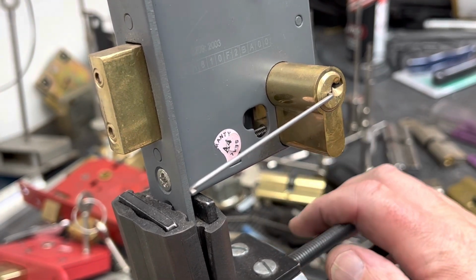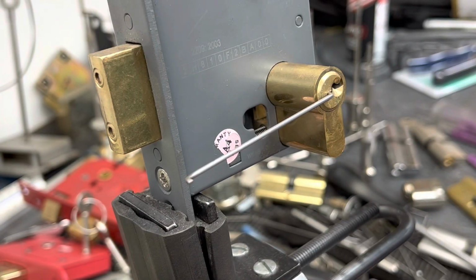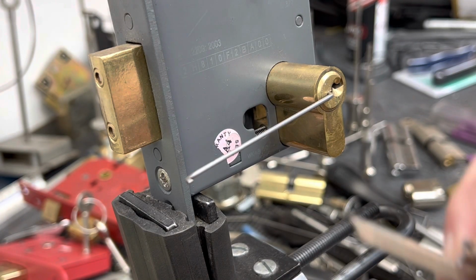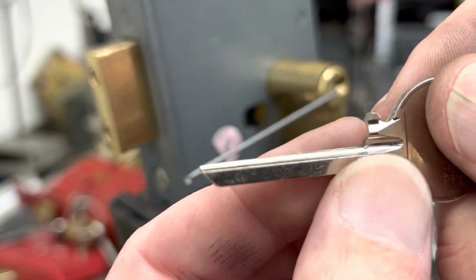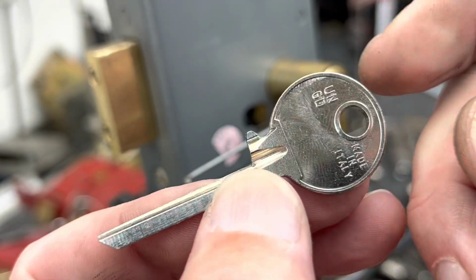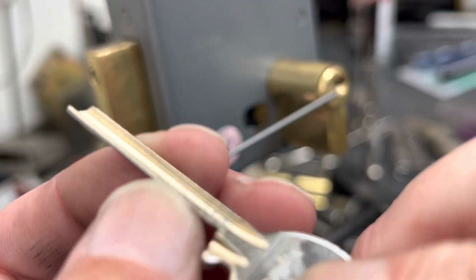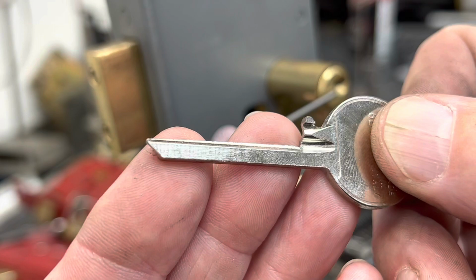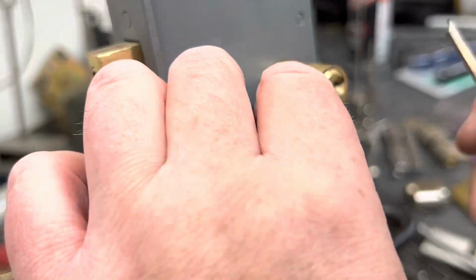Well, there's a couple of ways you could do that. Now, there's a classic way. I've used this way for ages. Just cut down a key. Just take all the bitting off. And make sure you get a few different sorts, obviously different orientations. They're not going to fit everything. If you can do that and you've got one and it fits, that's brilliant, because the way that'll work is